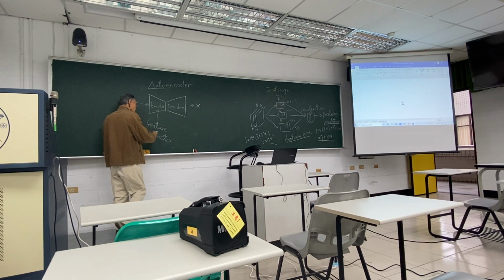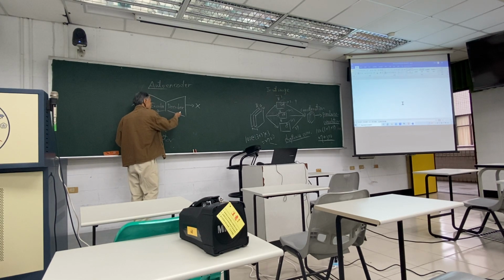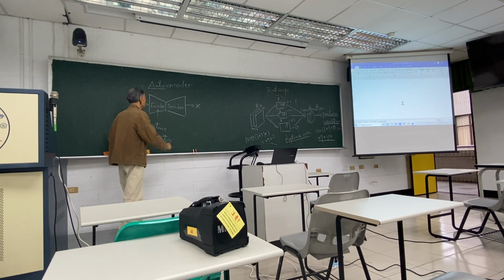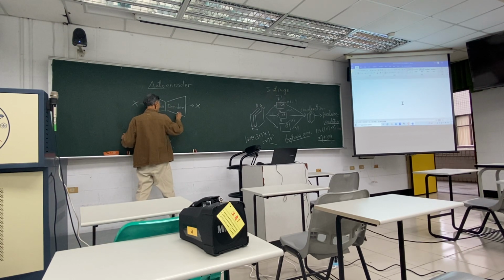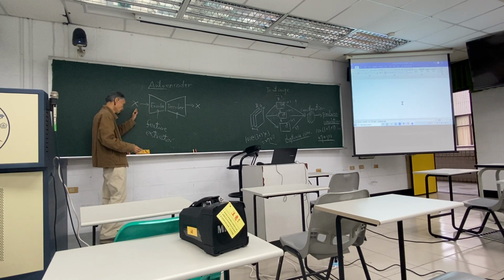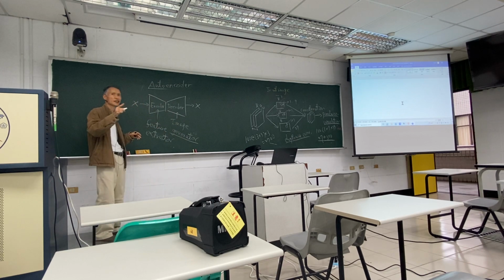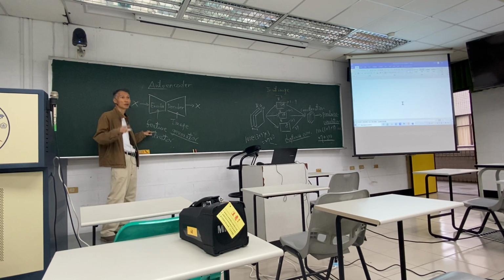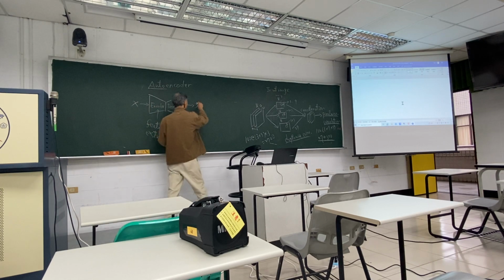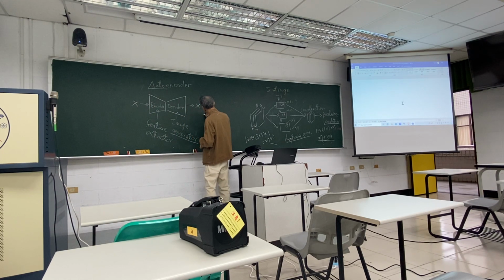Once you have extracted the features, then we come to the decoder. This is the encoder, this is the decoder. The purpose is, suppose X is the image, then it will be the image generator. It's a generator to generate an image based on the features, not based on X, but based on the features. Now, the objective is simple. Suppose this is the output. Now, the loss function can be simply given by trying to minimize